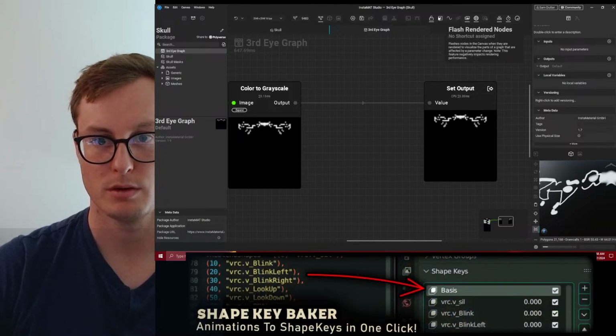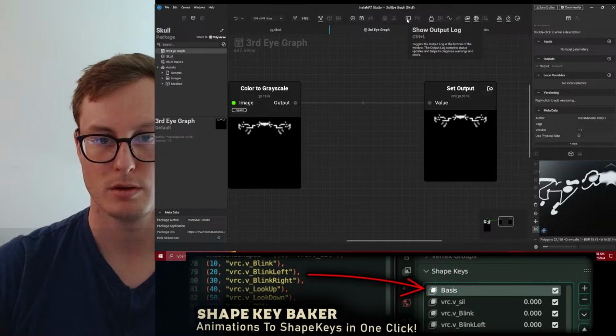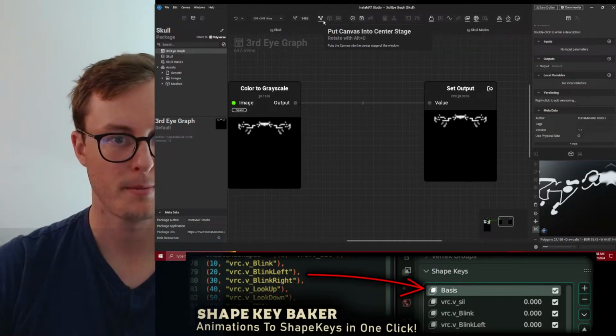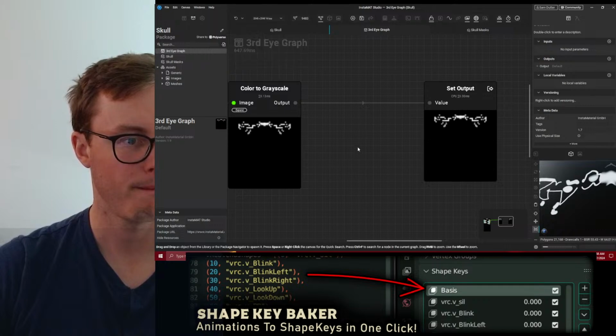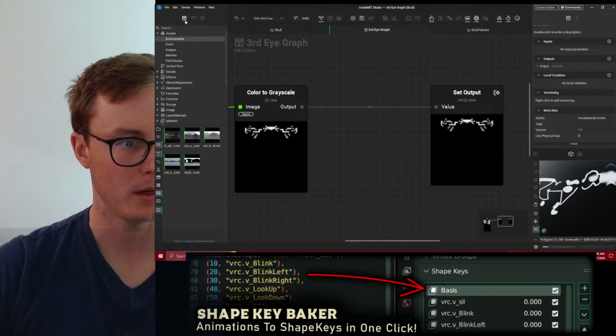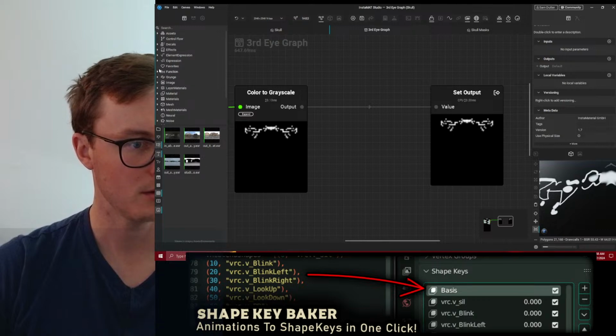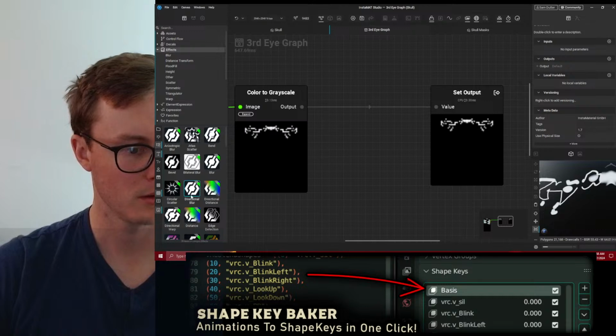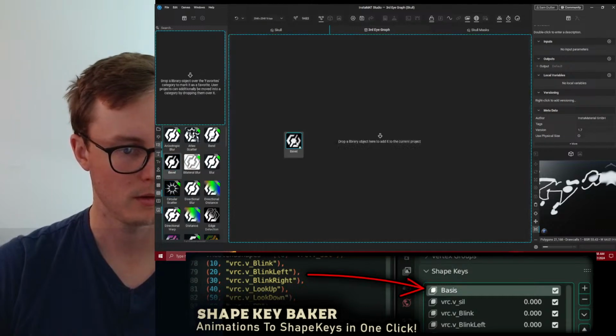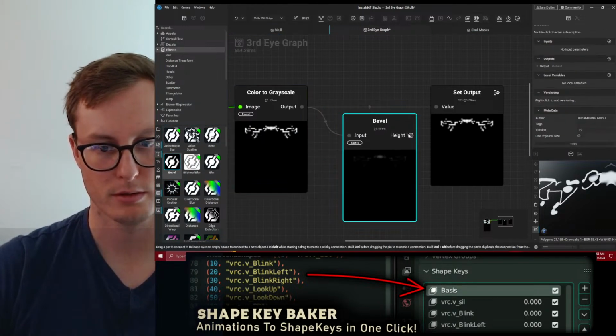Node view? That would be nice. I guess here. Do any of these work? Yeah, we can do bevel here.